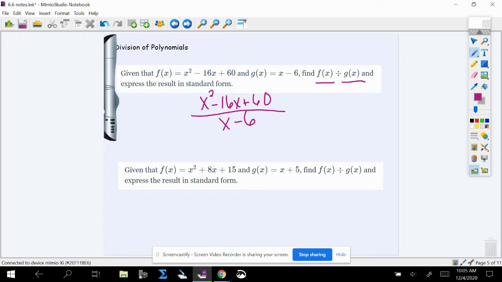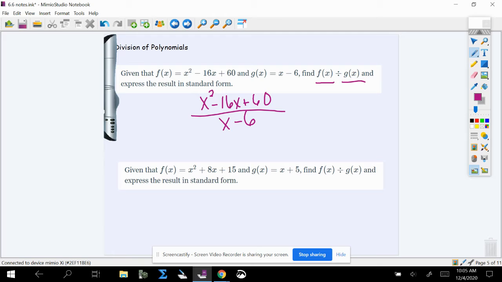So here's what you can do and here's what you can't do. You can't just start canceling things now. We actually can't do any sort of simplifying with division unless we have it written as factors. So what you can do is look and see if you can factor either the numerator or the denominator. What I've noticed in Delta Math is in most cases it's the numerator that can factor,